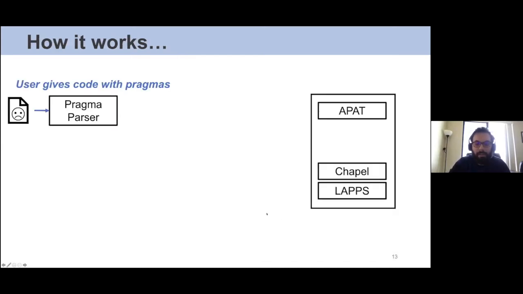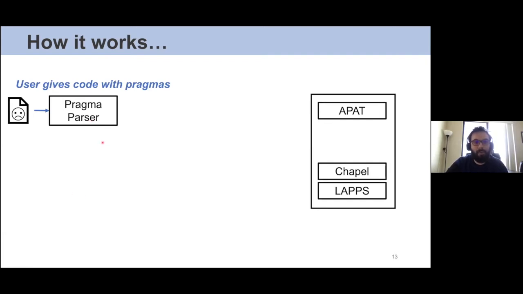Let's get the pointer thing going again. So on the left-hand side, you have your application code that is unoptimized, but has pragmas in it. And on the right-hand side, you have your existing CHIUW environment with LABS support and APAT. So what happens here is when you give this code to the framework that we are proposing here, the first